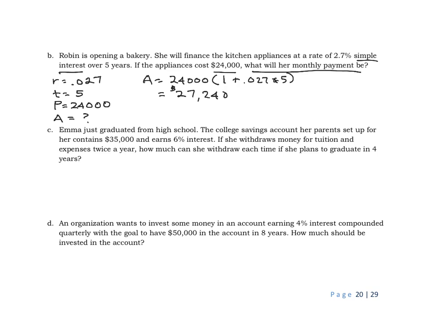Well, how many monthly payments will she be making? So she'll be paying it every month for 5 years. So Robin will be making 60 monthly payments. So if I want to figure out how much Robin's monthly payments will be, I need to divide by 60. And so I get $454. Well, so that's, to me, that's what